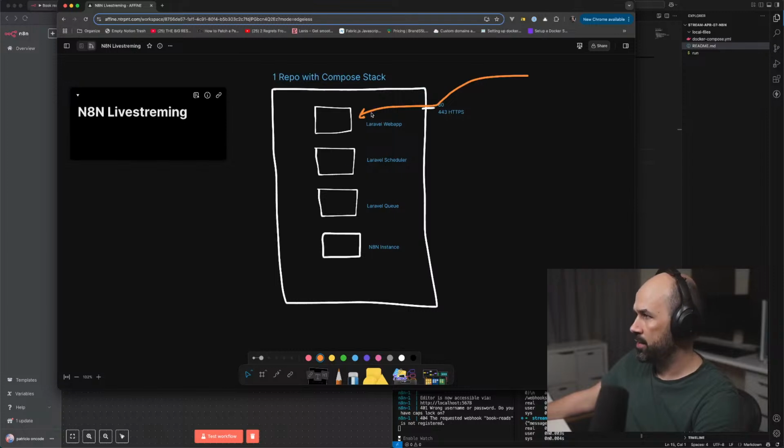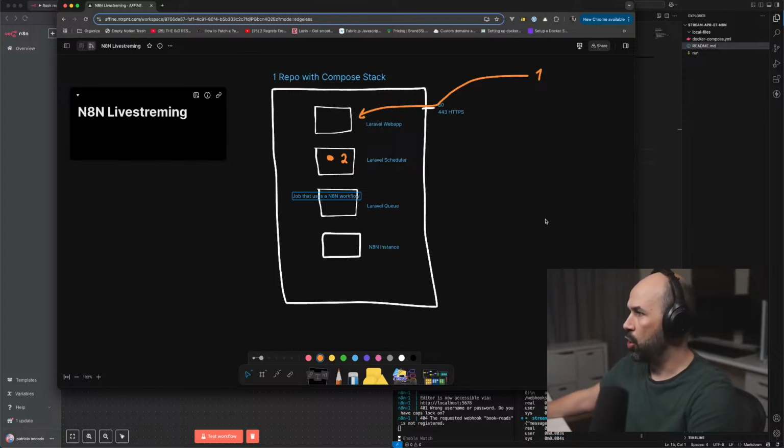So on a request, or on a given time, there's the possibility to, let's say, have a job that uses an N8N workflow.